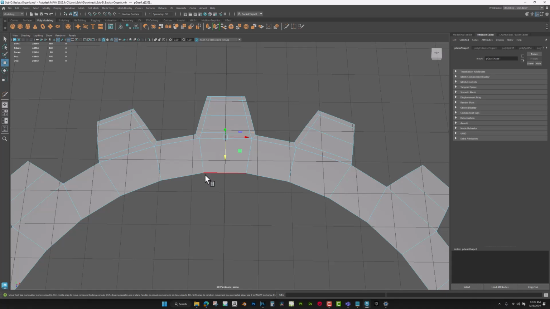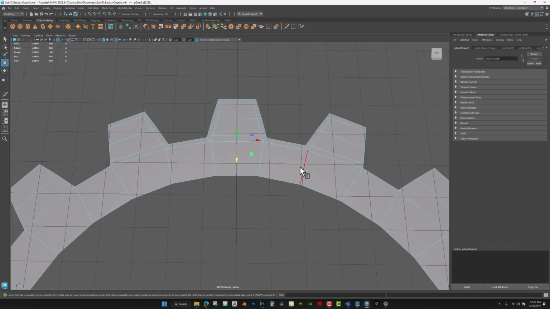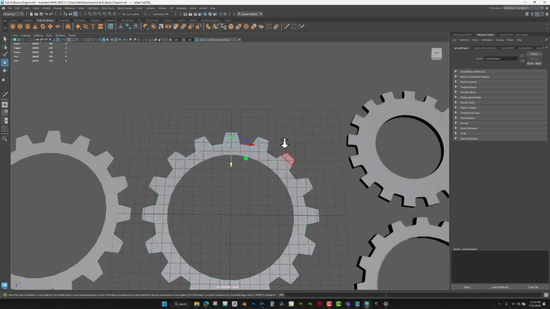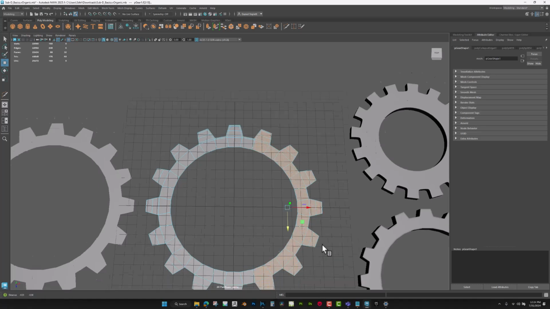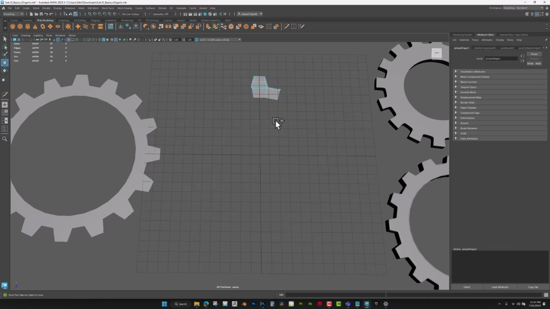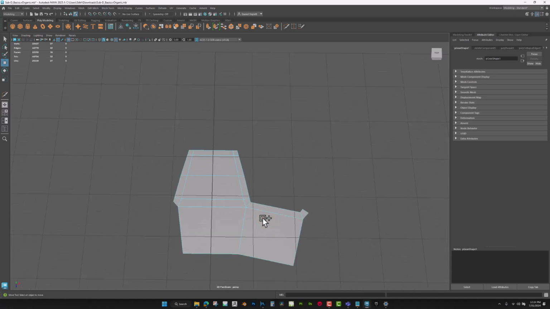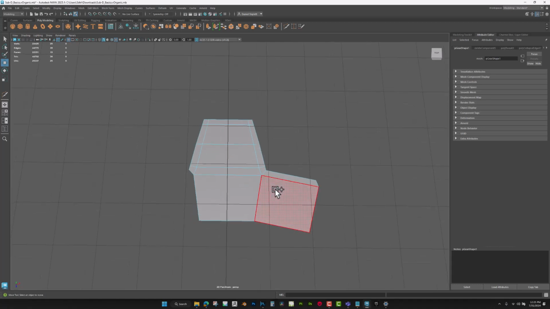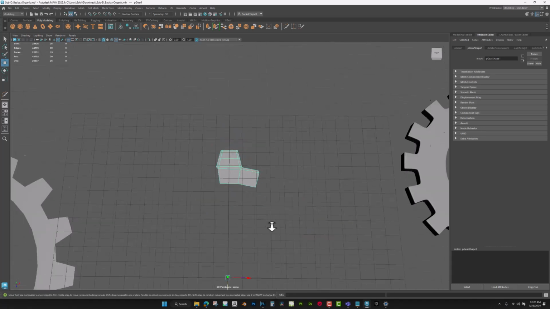So what I'm going to do is delete everything except for my one section right here, which can be repeated around this circle. I'm not going to get heavy into math here. I'm going to work this out without doing too much of the maths, if you will. Let me see, did I do that right? I think we need that one too. There we go. Okay, so now I've got this here, and I definitely want to make sure that my pivot